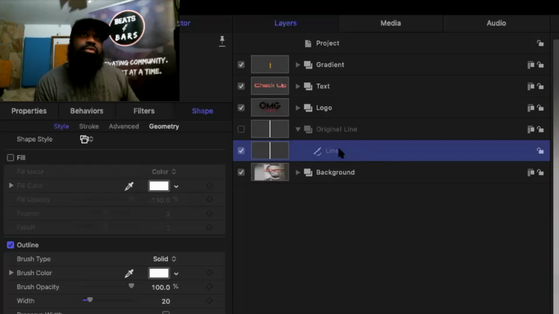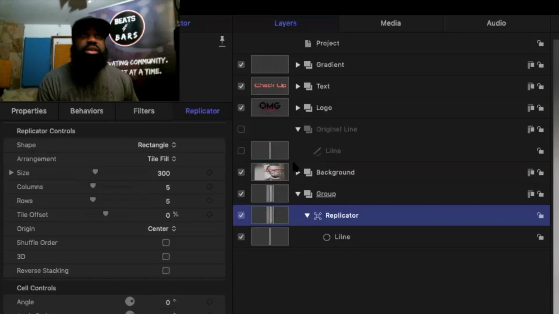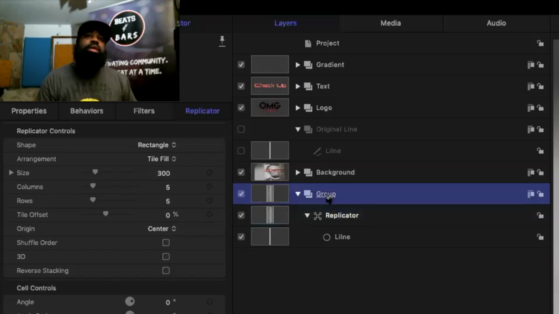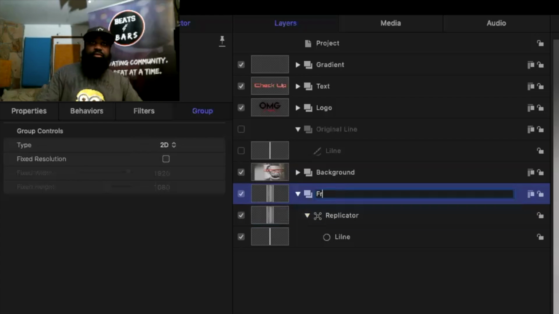First step, I'm gonna come over here to my line. I'm gonna press the letter L. All right, so you can see that it creates a replicator. All right, I'm gonna double click on the name of the group and I'm gonna type in frequency